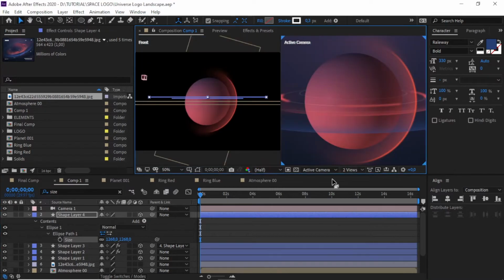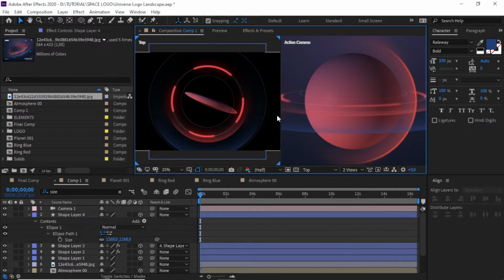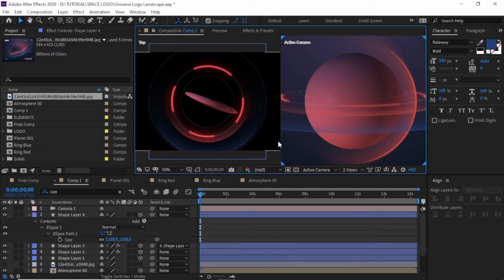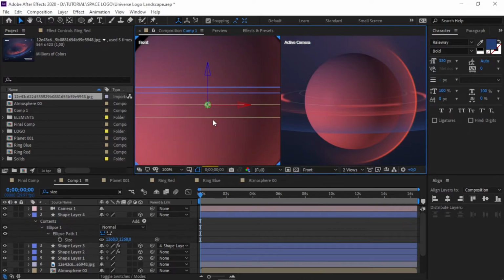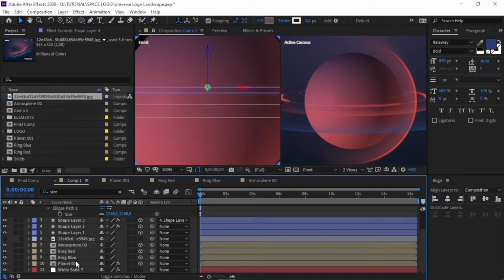Let's see on top view, some kind like this, but it has almost the same head position. So on the front it was here and the blue ring is here.